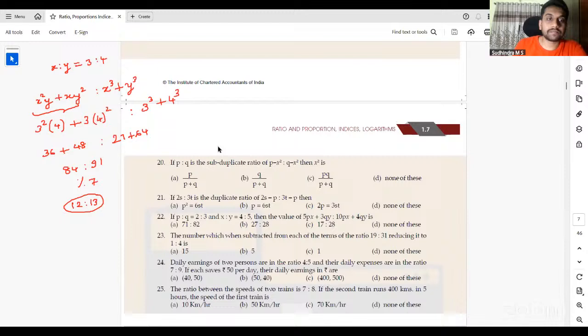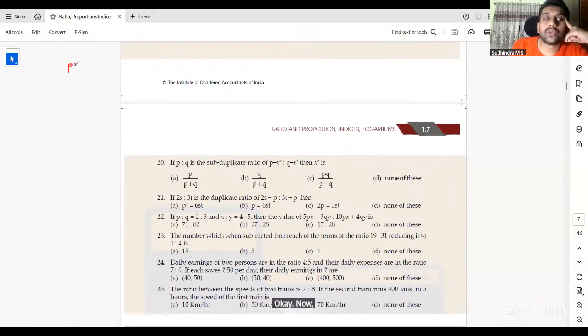Puneet, you have to recheck. Bhavani, you have to recheck. Vikshita, correct. Pranav Hegde, correct. Dhanya Bhatt, you have to recheck. Nandita C, correct. Okay. Now, if P is to Q is the subduplicate ratio of P minus X square is to